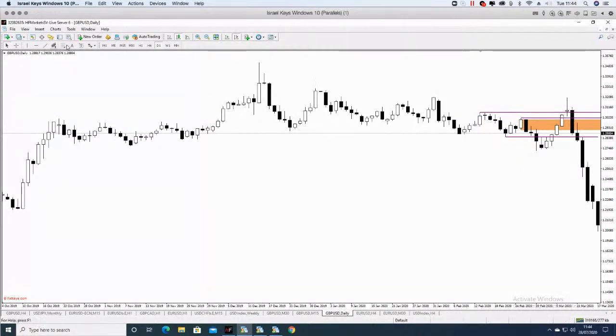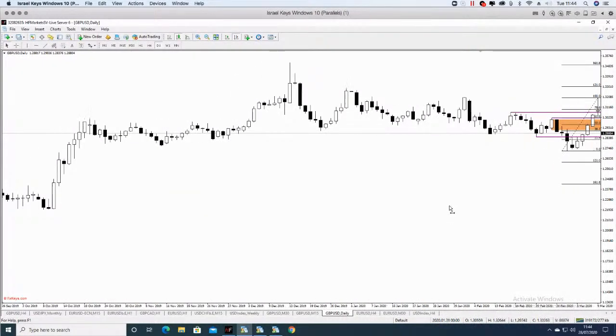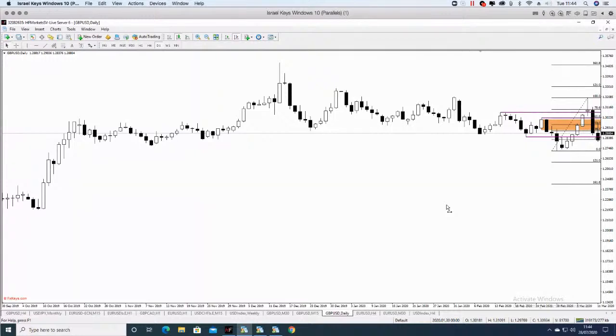You would have put your fib here. And again, you would have been hunting a retracement long, right? You would have been looking for a discount retracement and then for price to rally. Are you guys with me? Let me know in the comment section. It's awful quiet. Come on. All right. So,